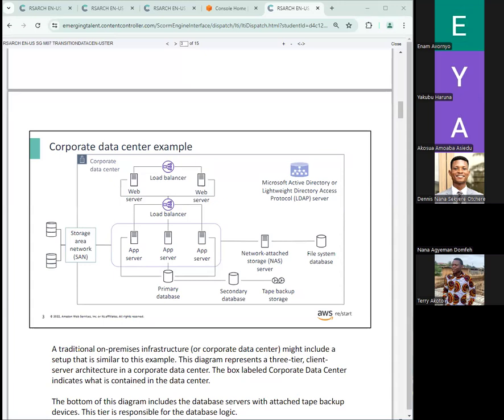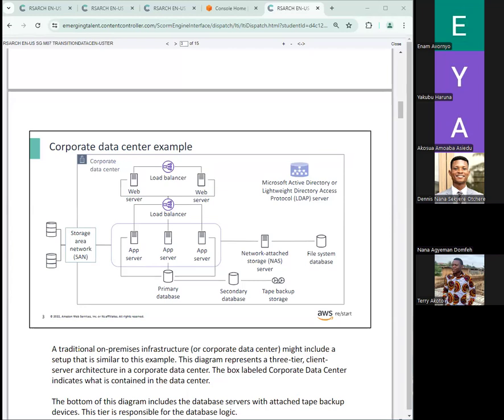However, if they had their workloads in the cloud, they wouldn't have to buy servers. They would just provision new EC2 instances, or when they are using managed services like RDS and Lambda, it will automatically